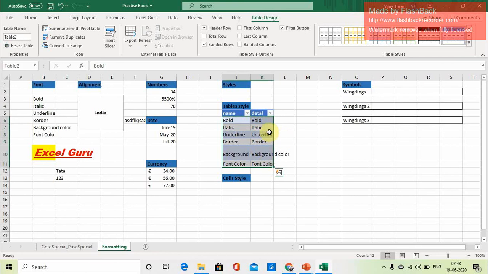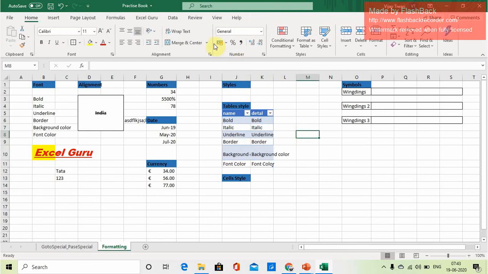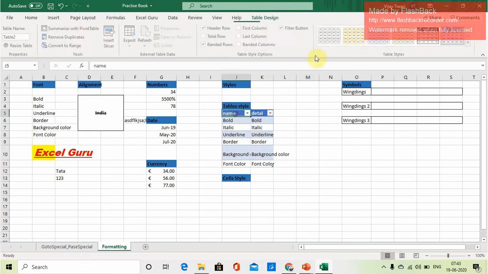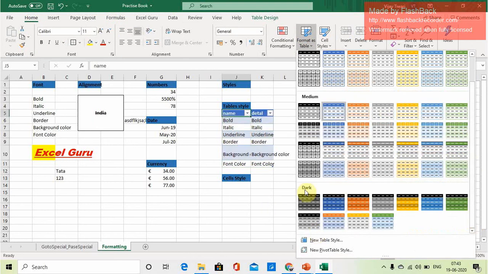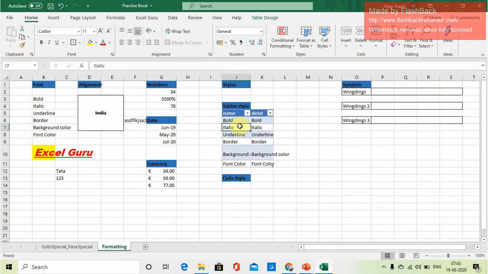And this will be in the Excel table format, and once this is changed into the Excel table format, so many other features of that table will start coming, right? Like insert slicer, export, and everything. All these are the features of the Excel table. The table design tab will be open. So many other options are in this, so you can explore it. See, there are lots of options of the Excel table. Dark and medium, everything you can change. So this was about the table.